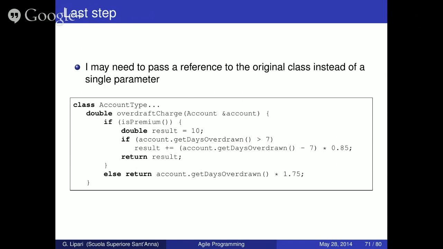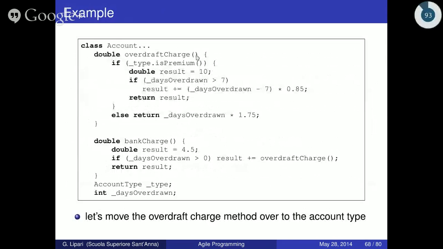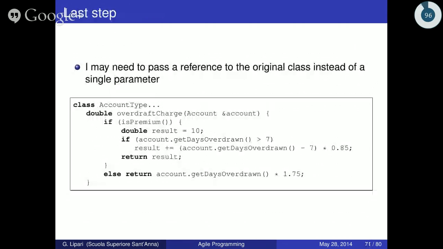Last step, I may need to pass a reference to the original class instead of a single parameter. So right now I pass an integer. In some cases, by moving overdraft charge into account type, I may need to pass a reference to the original object account because I need to do something different. So in this case, what I can do is to pass a reference to account,